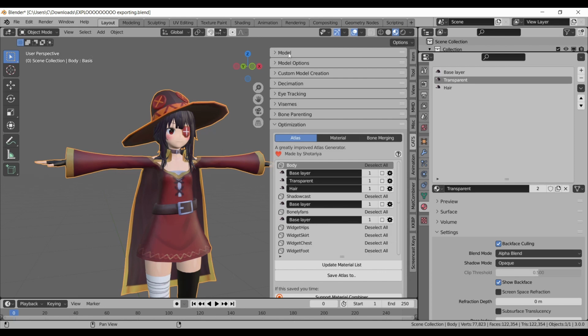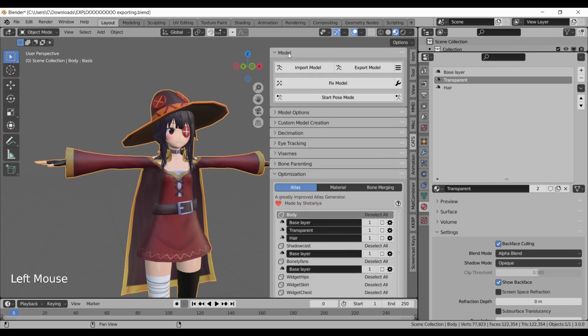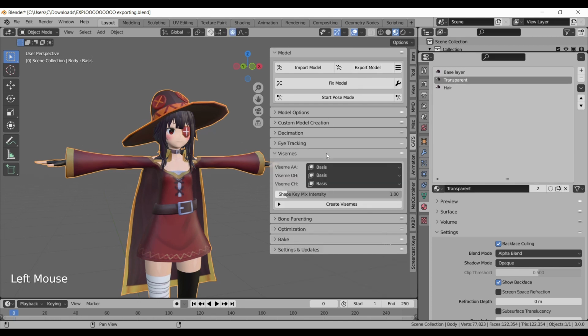Once you've got all your atlases, you can go back to the Cats tab and choose the Export Model option. If you're exporting for VRChat or some kind of VRM software, then just hold on a second, because I've got one more thing before you hit the export button. And that last thing is the Visemes tab, which you can use to